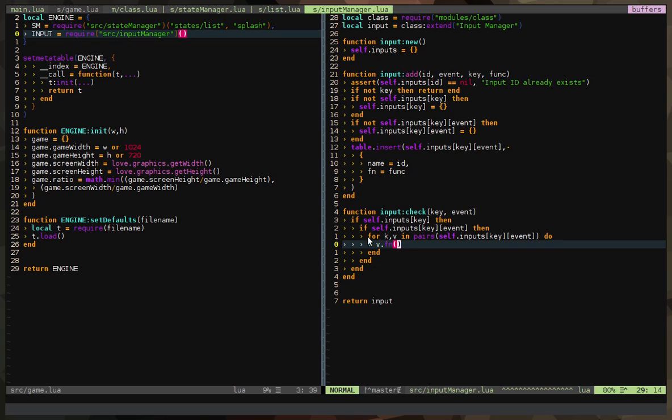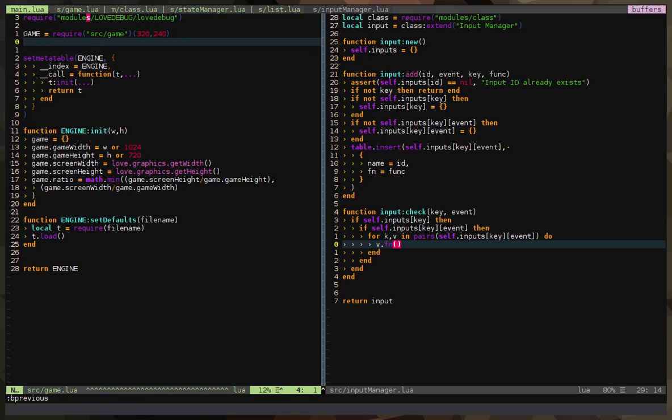Okay, so basically you can do this the other way around. You can first do the loop, and then inside the loop check everything, but this checks first if it's there before looping, because if we loop first, it's going to be less memory management, and that's going to have a little bit of impact on the performance of the system. Okay, but anyways, there we go. We made our input manager.